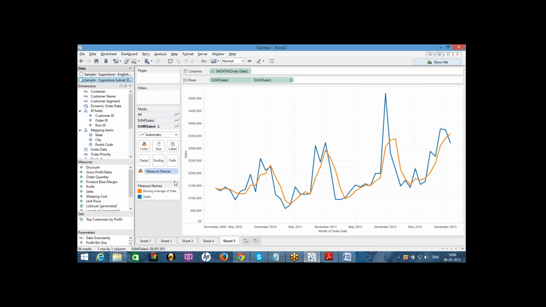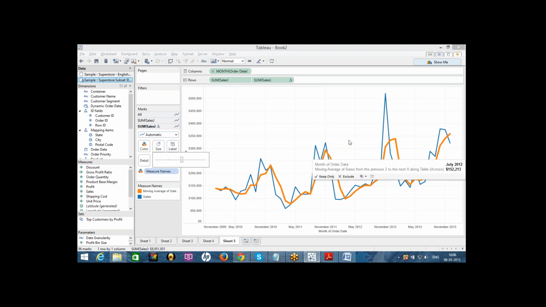I don't know how, but I think we can increase the line width, but we can't make the chart bigger. Okay. Or we can actually, yeah.